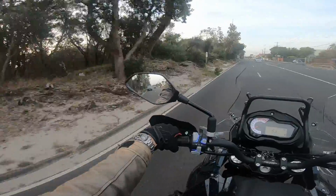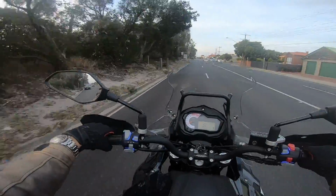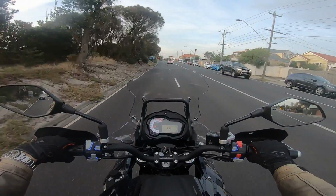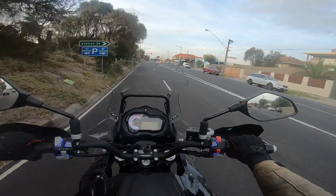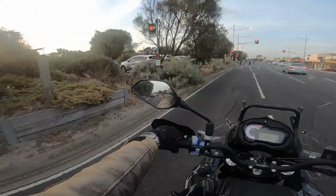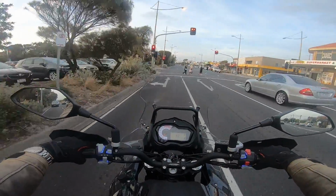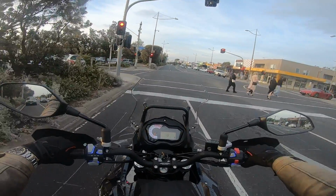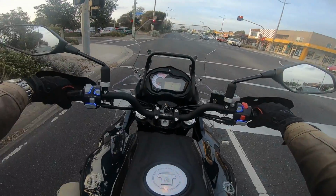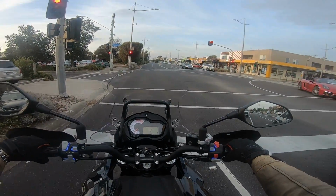Little sunset run on the TRK 502X, which is the more hardcore of the middleweight Benelli adventure brethren. I'm just going for a little run along the Mornington Peninsula as the sun sets. We'll talk about all the specs and all that sort of stuff, but I just wanted to give you a bit of a from the cockpit feel